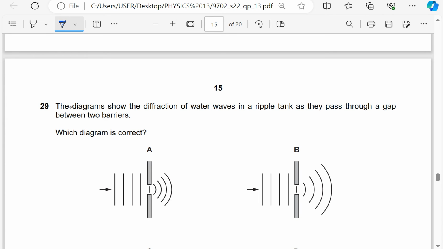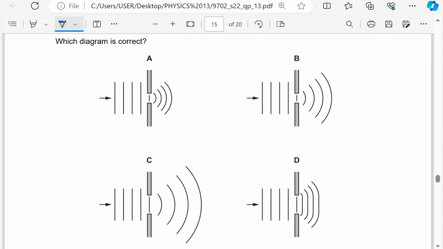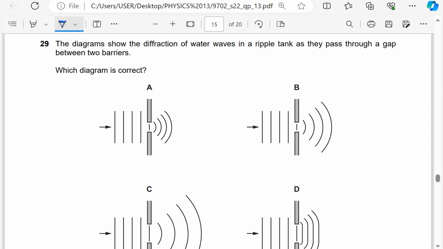The diagrams show the diffraction of water waves in a ripple tank as they pass through a gap between two barriers. Which diagram is correct? Of course, diffraction is maximum if the size of the gap is almost the same as the wavelength. That's when diffraction is maximum. So which diagram is correct? Here I notice that when I compare this wavelength to this size of the gap,